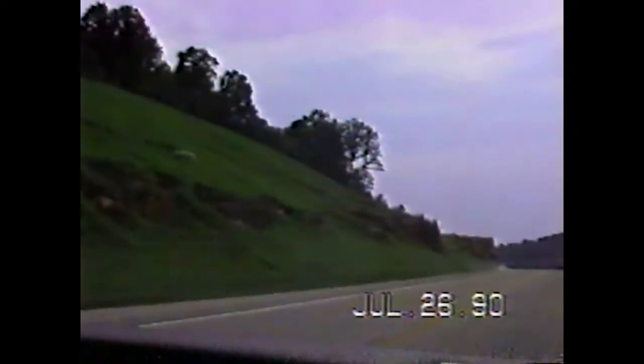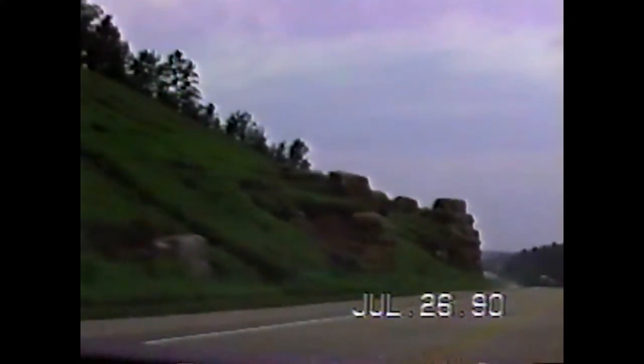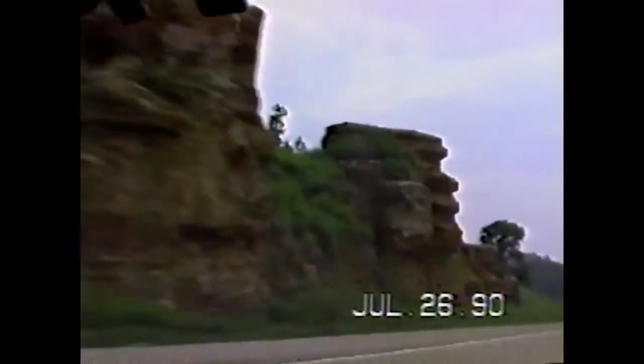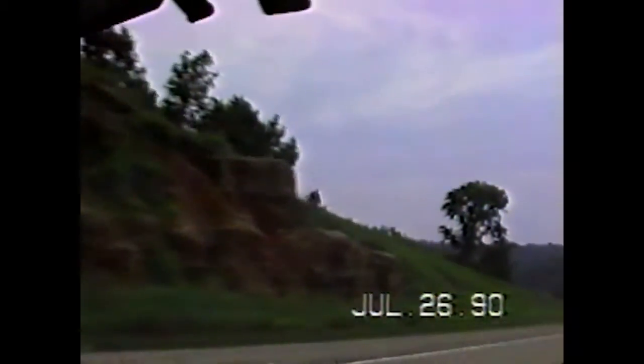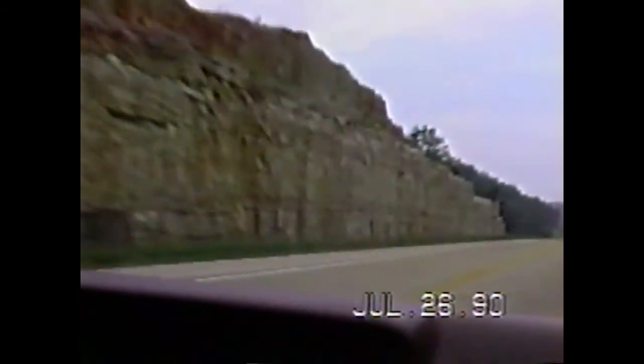I don't know if you can see or not, but these are beautiful red rocks jutting out by the highway. And of course they're worn by wind and weather, but they are very beautiful. These are some more hills, not hills, but rocks that the highway goes through. On my way to